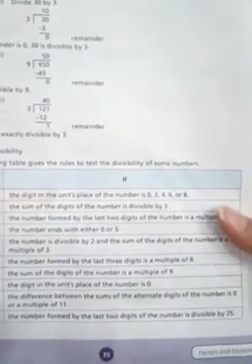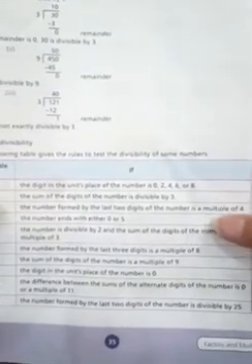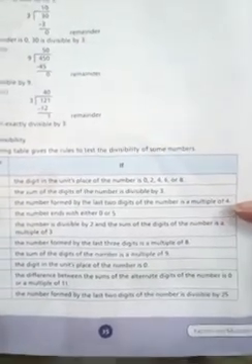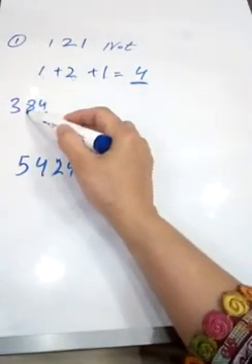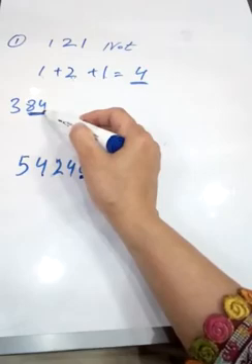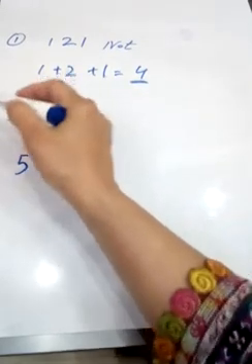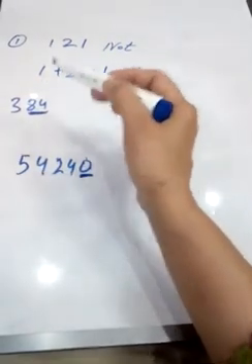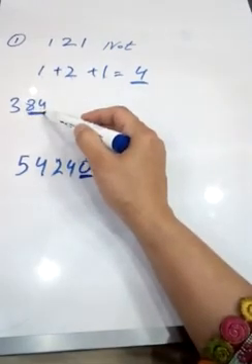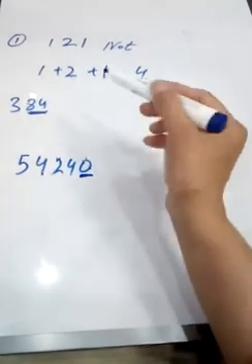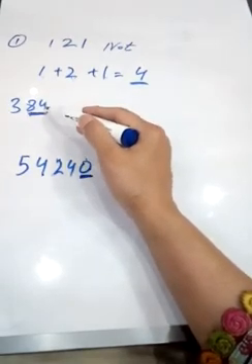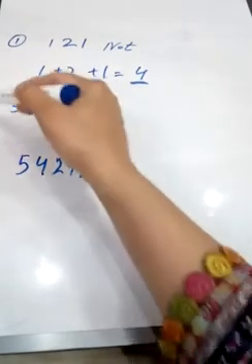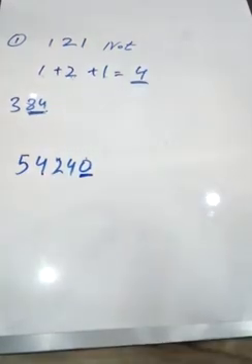Now move on to the divisibility test of 4. The number formed by the last two digits of the number is a multiple of 4. It means that if the last two digits are divisible by the table of 4, the whole number is divisible by 4. The last two digits are 84. When we read the table of 4, we can easily find that these two digits are divisible by 4. It means this whole number is divisible by 4.